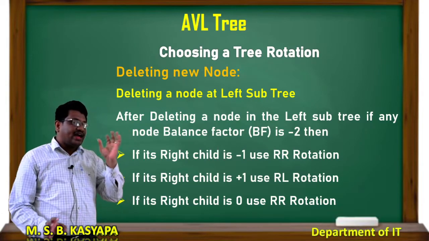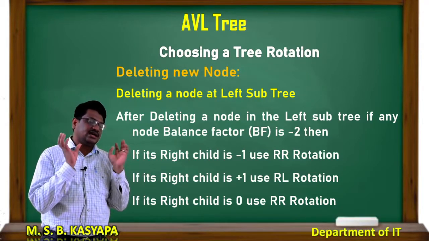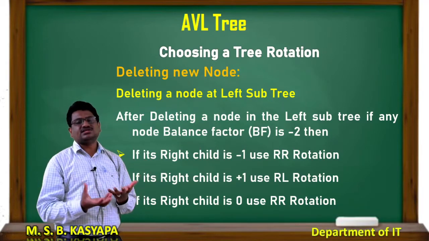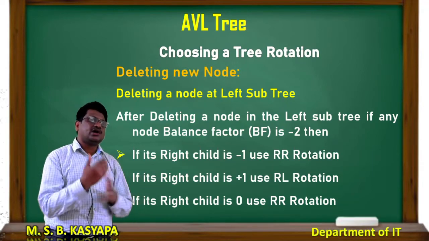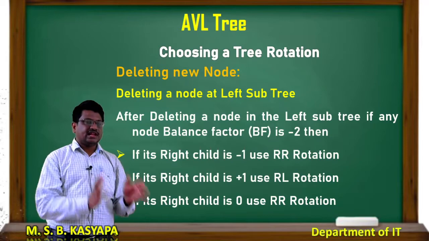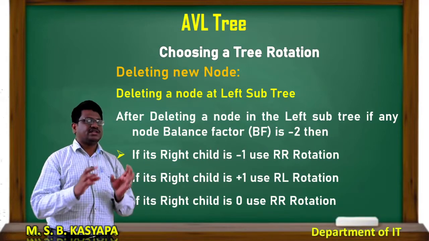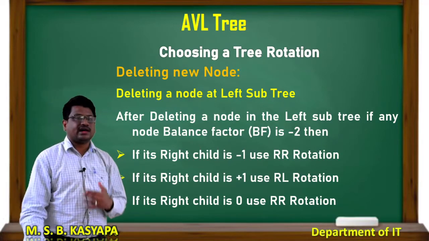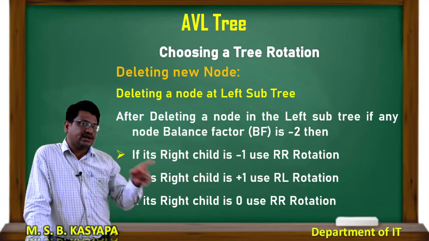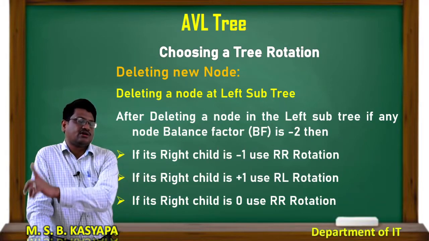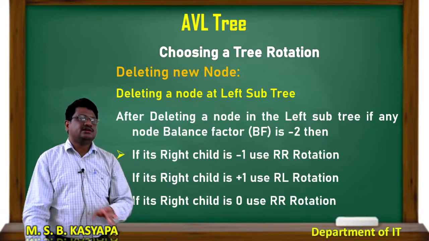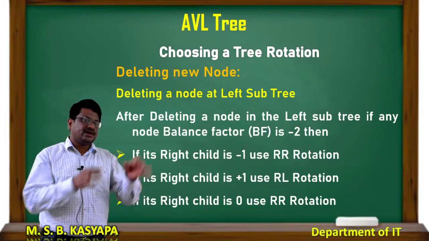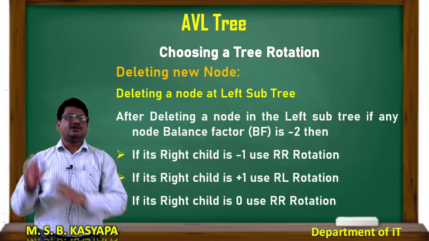Right? See, if I have a +2 value, I am treating 0 as a plus, so I am taking LL. If I have a -2, I am taking 0 as a minus value, so here RR rotation. Okay. If it is left, 0 means left. If it is right, 0 means right. Here I have to calculate like this. So if I insert a value at the left side, LL or LR; right side, RR or RL. In deletion, if I delete the value at the right side, the reverse, I have to do LL or LR. If I delete the element at the left side, I have to do RL or RR.